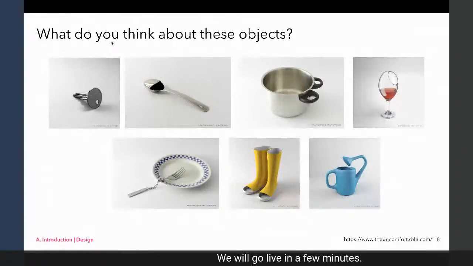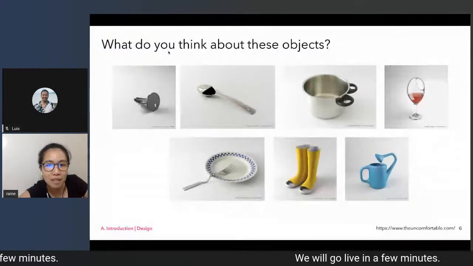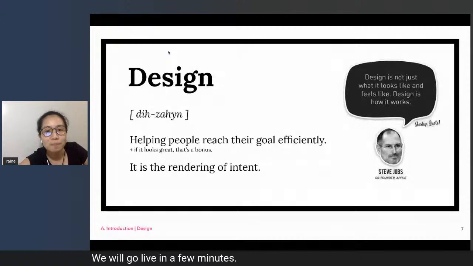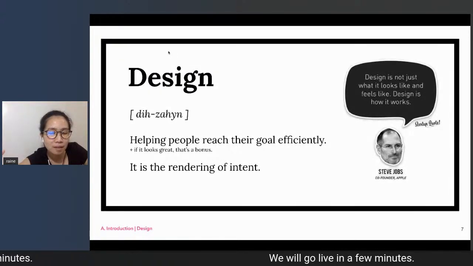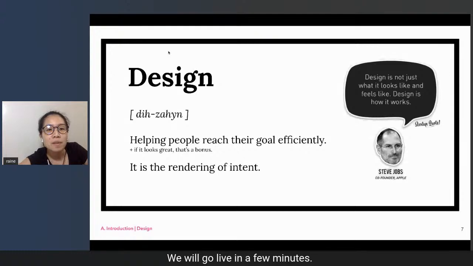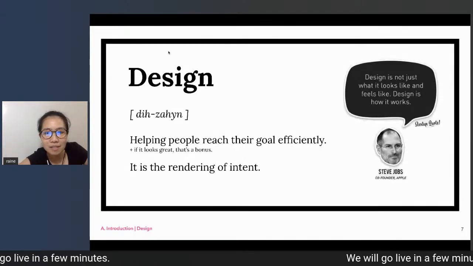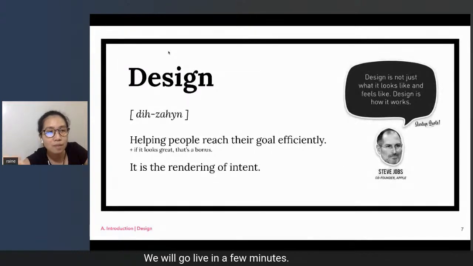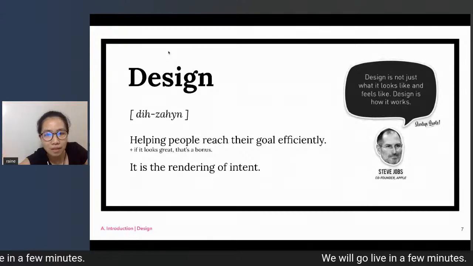So yeah, what am I trying to come up with by asking this? We would like to talk about design. Design is about helping people reach their goal efficiently or effectively. And as Steve Jobs said, design is how it works, and it is how we want people to use our product, or it's the rendering of the intent.